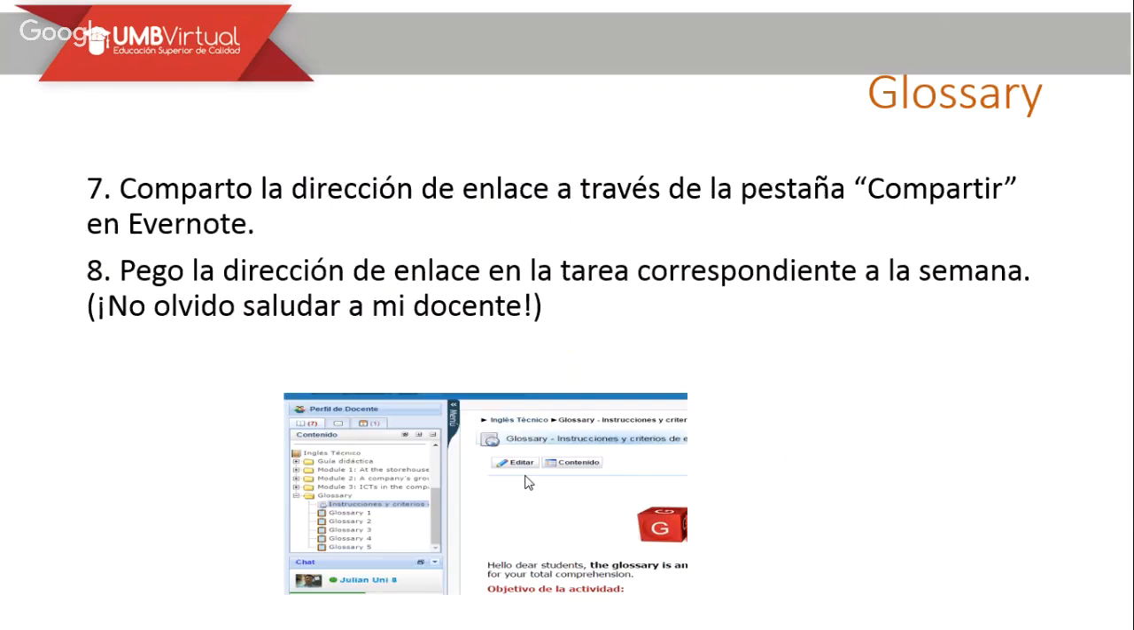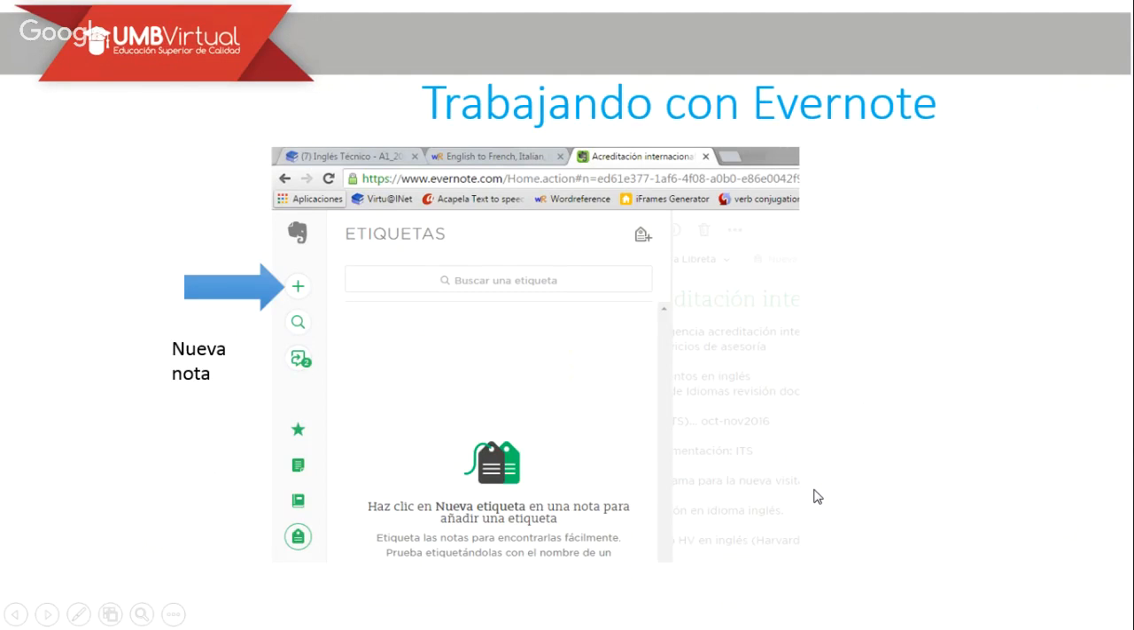All right. So, van a compartir la dirección del enlace a través de la pestaña compartir en Evernote y pegan esta dirección dentro de la tarea correspondiente de la semana. Ok, recuerden que es muy importante que ustedes cuando vayan a hacer la copia como tal del enlace no lo hagan desde la parte superior, sino en la parte derecha. Cuando ustedes lo hacen más o menos dentro de esta parte de la página, van a encontrar allí que dice